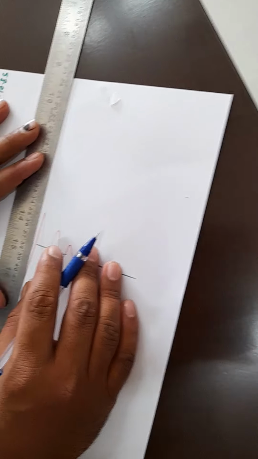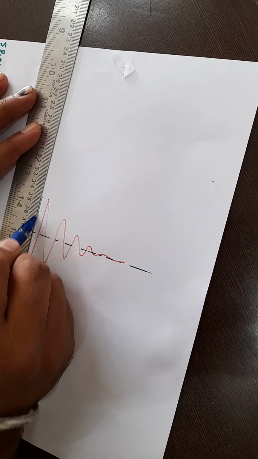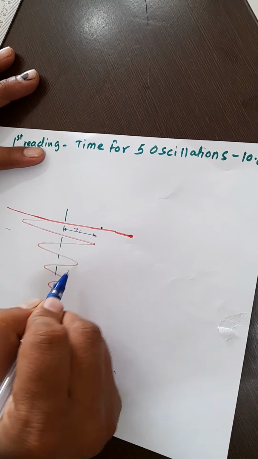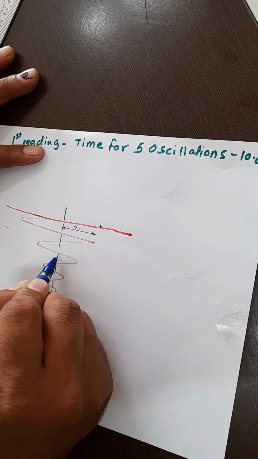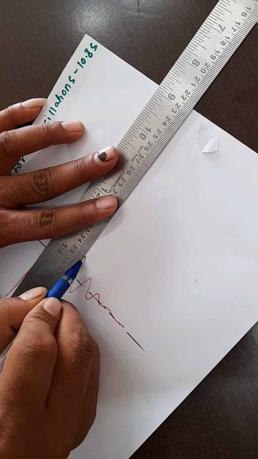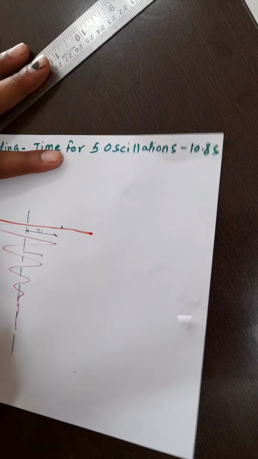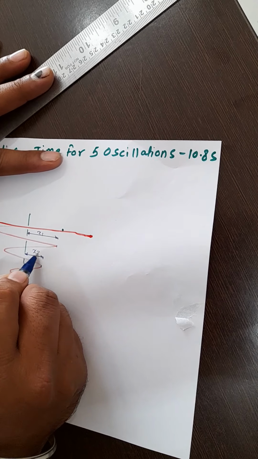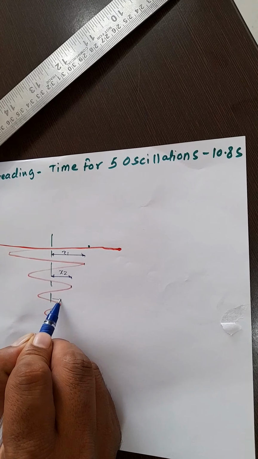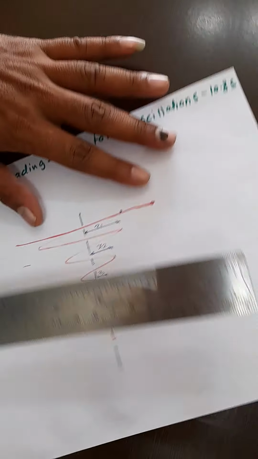So see, this is the x1 from this point to this point. This is x1. I will mark the name also. This is the x1 from this point to this center point. This is the x2. Again I will mark this x2. So from this point to this point, this is the x2. Now we have to measure x1, x2, likewise here x3 and so on. So first we will measure two readings only.